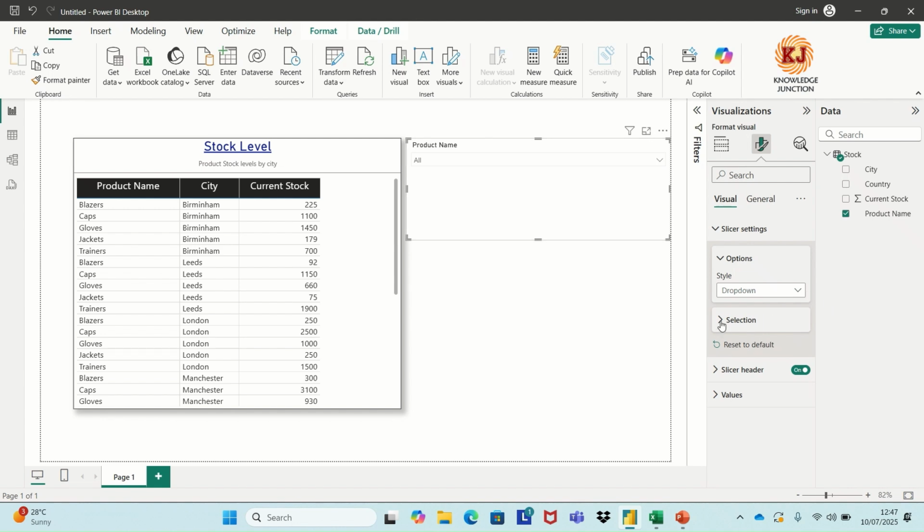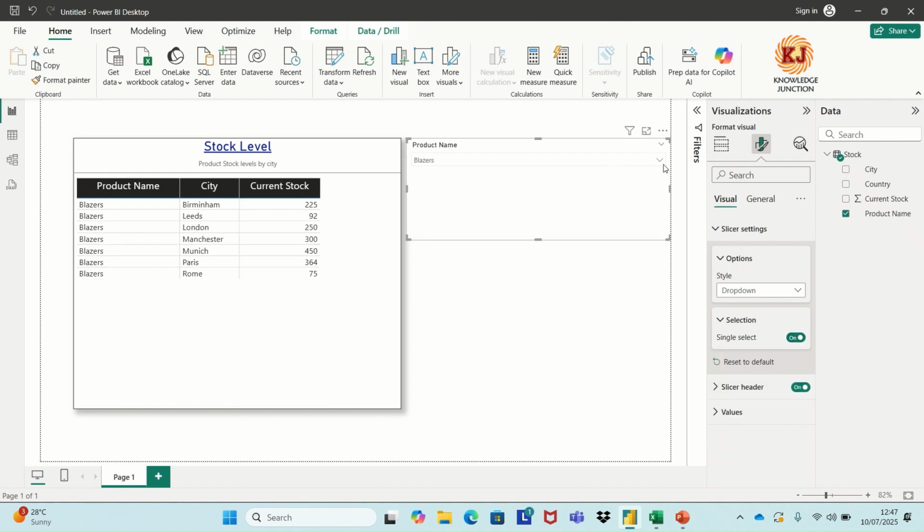And what we can do is choose a selection, multi-select or single select. We can say only single select item. For example, you can see the checkbox has now changed to radio buttons. Now you can only select one item at a time. If I want to see gloves, I can see the quantity of gloves in each of the cities. If I want to see the jackets, I can see the quantity of jackets in each of the cities. Now I can even filter it further with the cities if I want to, but let's just do it with the product name